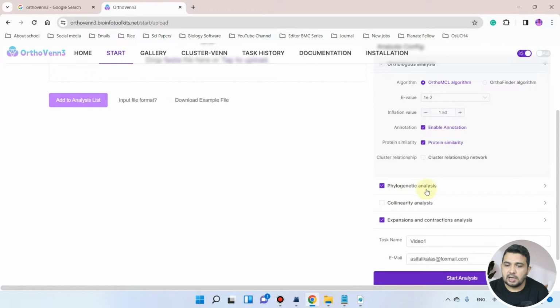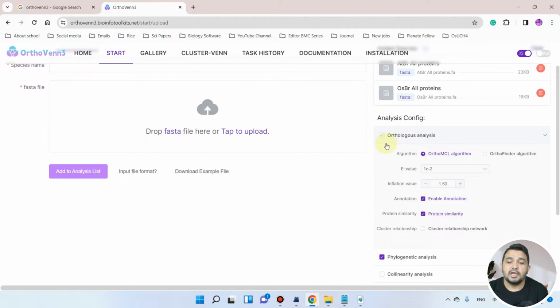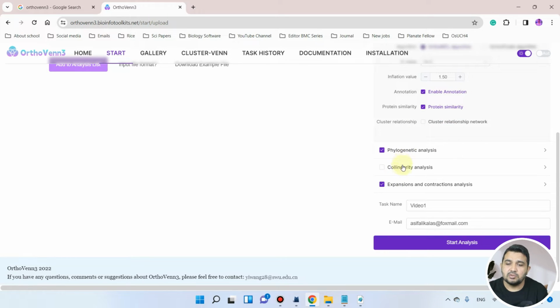We can also go with the phylogenetic analysis, although here we will be mainly focusing on the orthologous analysis, but you can also check phylogenetic analysis, collinearity analysis, expansion and contraction analysis. If you choose collinearity analysis, maybe you need to upload a GFF file.